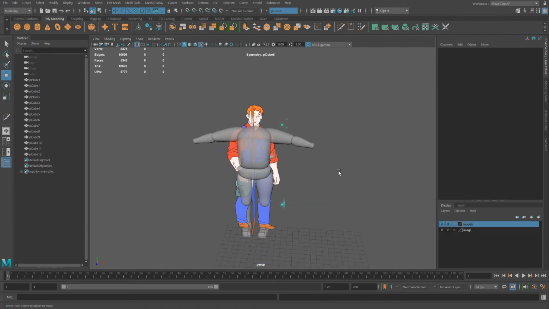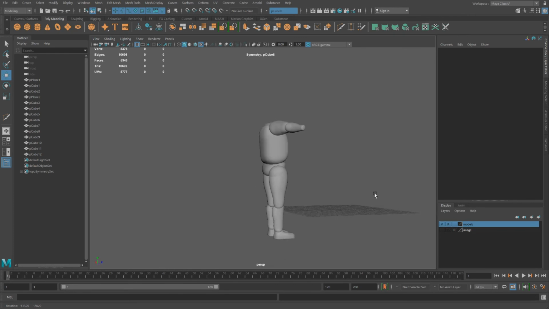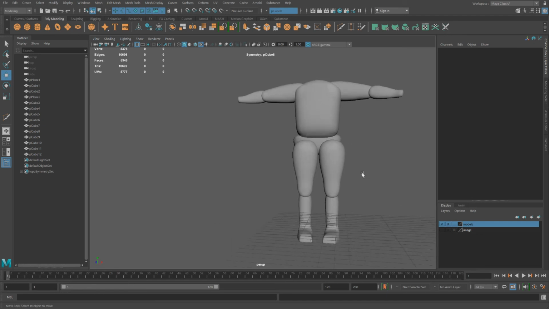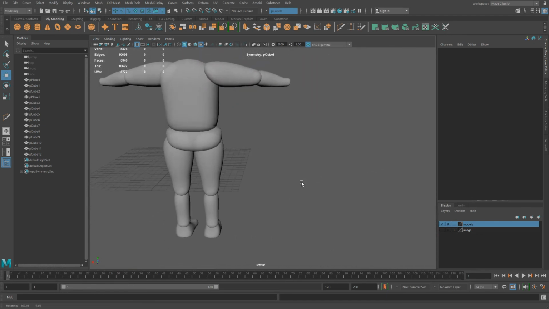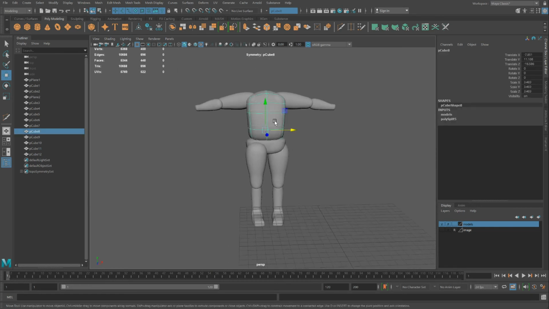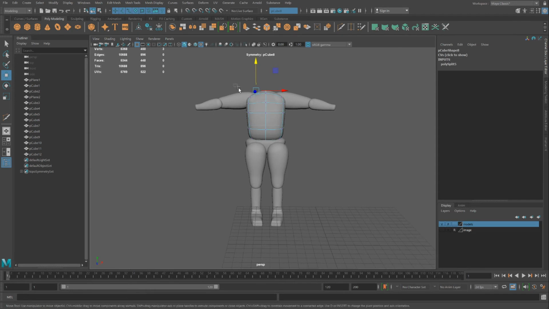So I'm just taking a look at the character. Let me turn off the image plane. This is what we created so far. And take a moment to study the character, see if it's meeting your expectations of the volumes. Back to maybe it could be a little more heroic